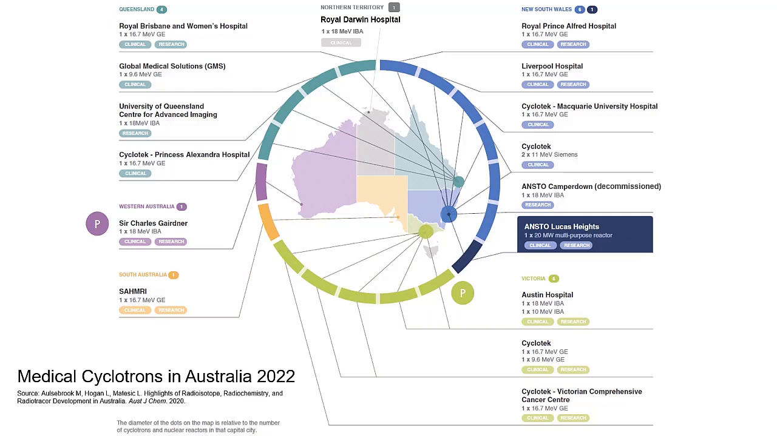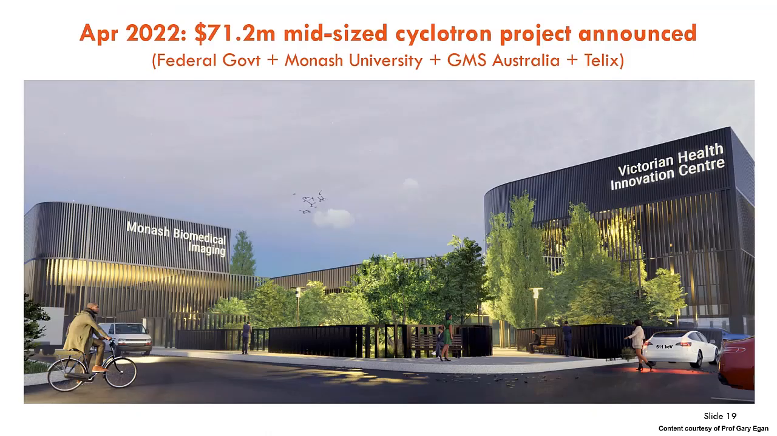So where are we at today? Well, there are a large number of medical cyclotrons dedicated in Australia. This map, which I've recently updated, shows you where they're located and what they have. There's also a new proposed machine in Western Australia, the P in the Circle, as well as a new one proposed for Melbourne. And this is an important development because as of April this year, the federal government announced funding,